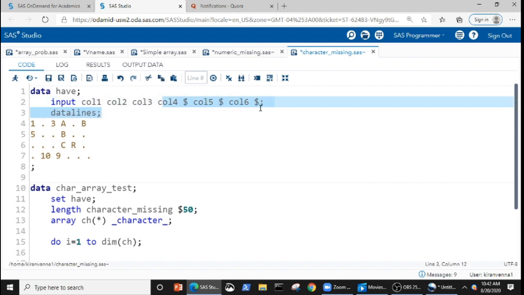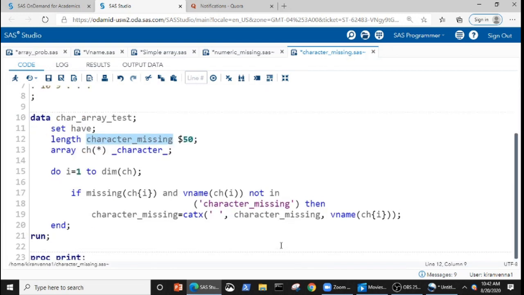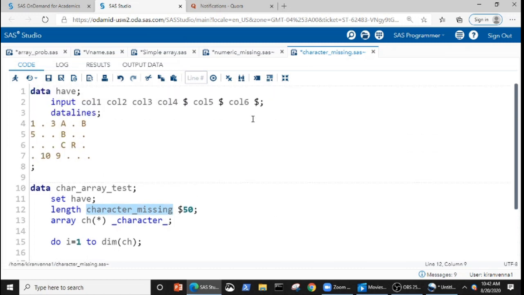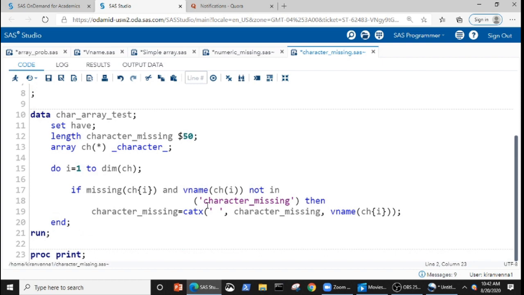And also we are going to access a new character variable which we are creating in here, that is character_missing. As we do not want to concatenate the character_missing variable name, we are just saying that just look into these three variables, but please do not look into the character_missing character variable.